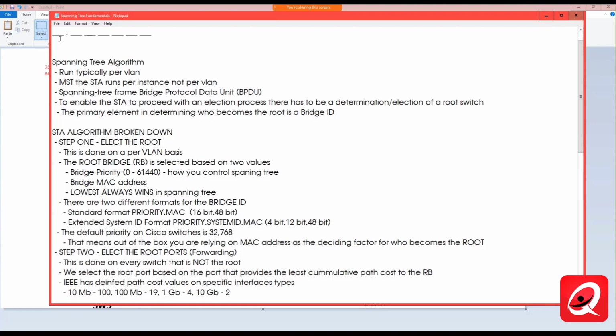So just like we had with the bridge priority, the port priority gets set starting in the 64 column. So the first number you can set is 0, the second number is 64, and it goes all the way up to 192, which means that in this case, that should be